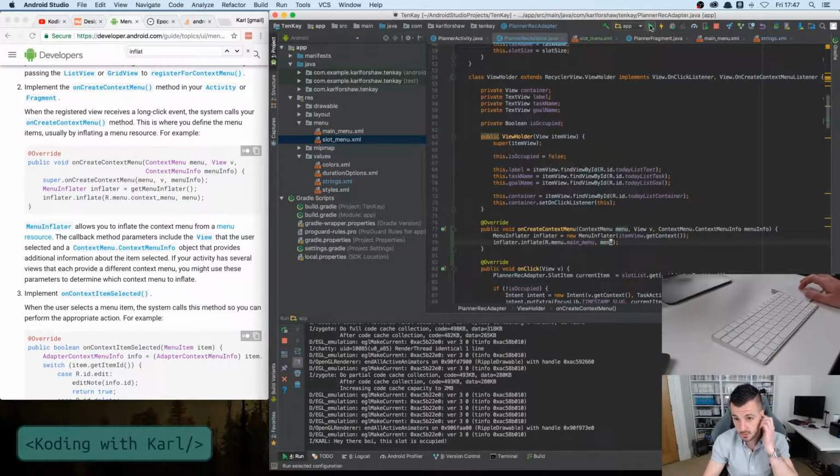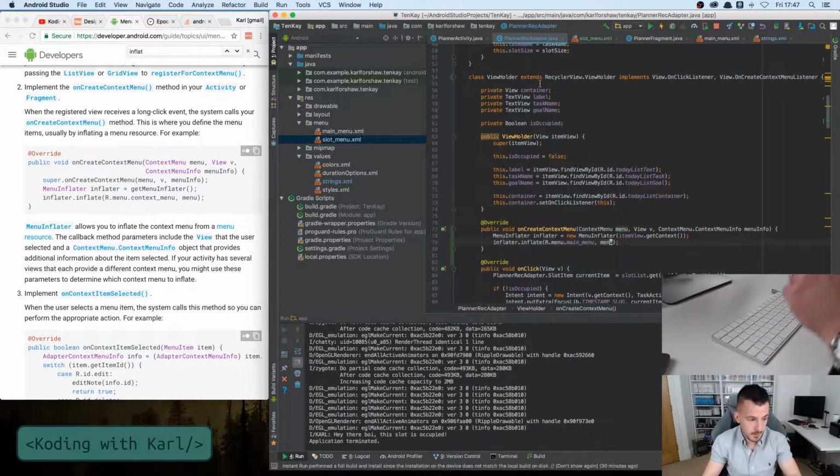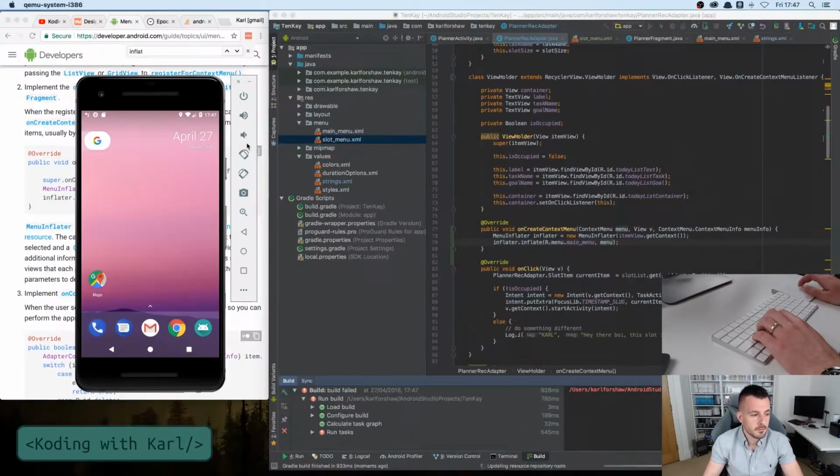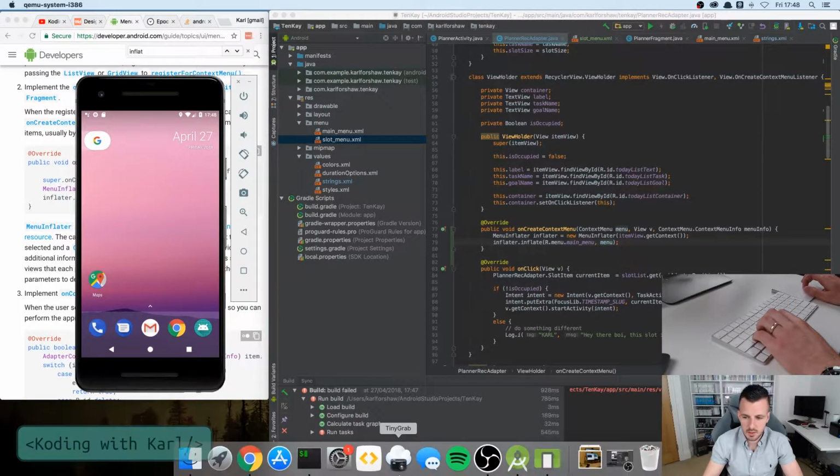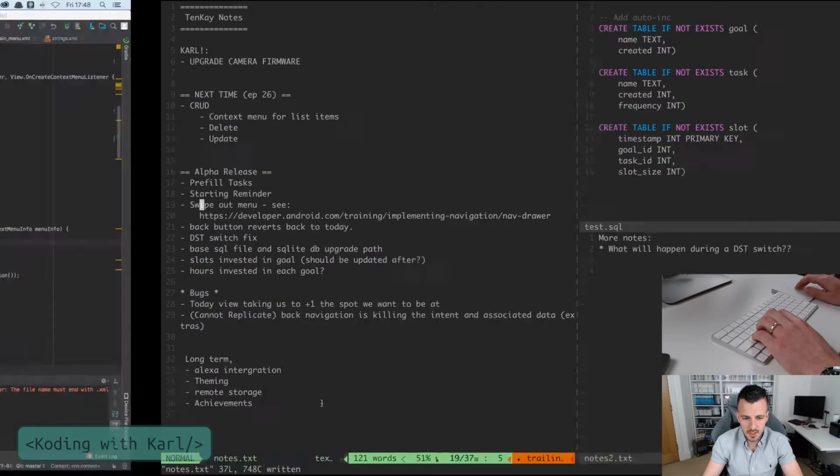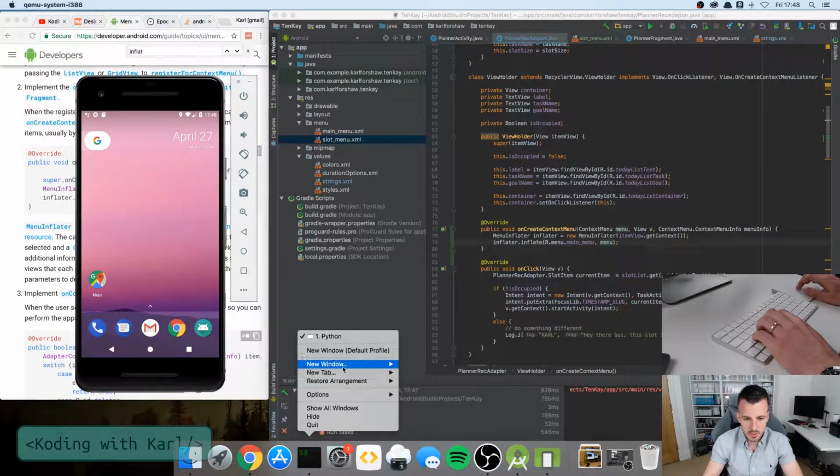Let's see what happens with this. Doesn't work. Error. Right, we have screwed something up because, and I think in order to fix this, I'm going to have to actually go into